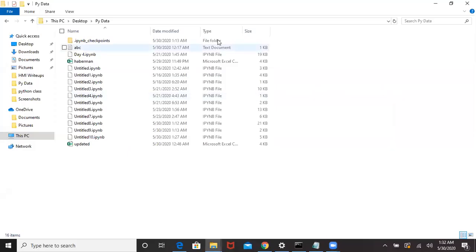Now if you see in my PySpace data directory, which is the parent directory, these are the different files, and there is only one directory. That's why we were getting only .ipynb_checkpoints as a directory, whereas the rest are all files. So for the rest we were getting not a directory, whereas only for the first one we were getting it as a directory.